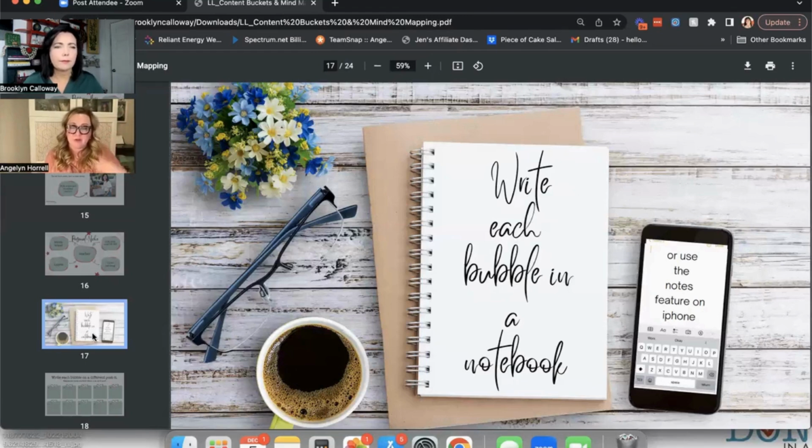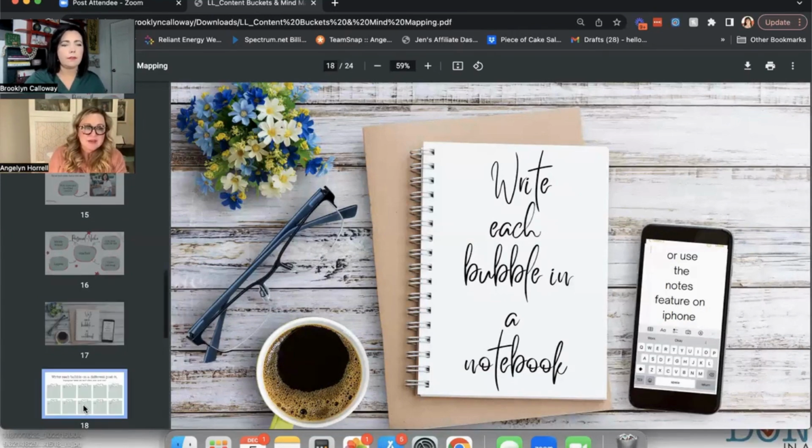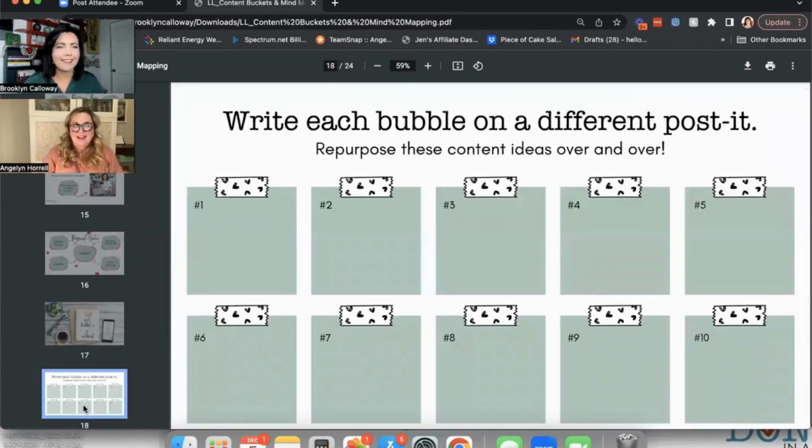And then we have our ideas below, and we can actually create posts from them. And the last one, of course, going on the next slide, is putting them all on a post-it note and putting them on a wall. Whatever it is that works for you creatively and helps you feel organized and inspired. If it's going to hurt you to put them in a notebook and put it to the side because you'll never look at it, don't do that. Put them on a wall. Whatever it is that you need to stay focused on your ideas, that's what you need to figure out your system from there. Yep, 100%.